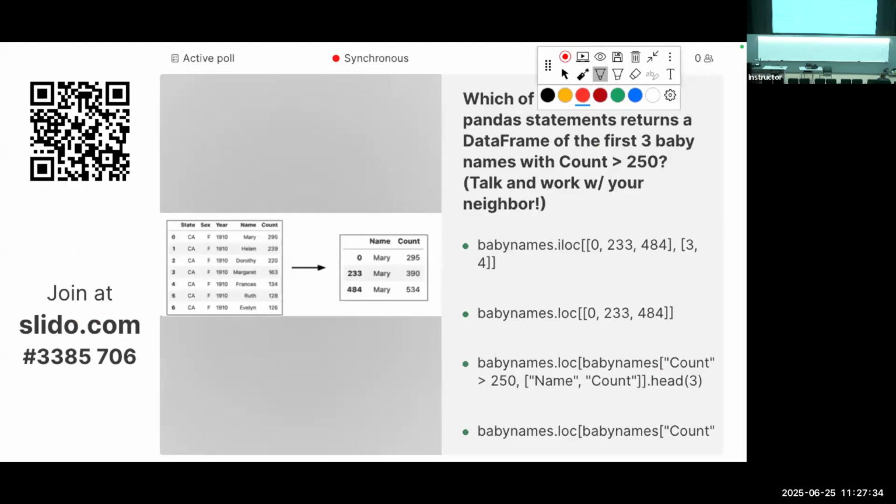All right, we have our first Slido today. Let's try this out. So I'm going to hide that little thing at the top so you can see. But why don't you give this a go? And feel free to talk with your neighbor on these Slidos. Pull up the demo. All of the Slidos are implemented in the demo, so you can start playing around with the code. It's good to think about these first before just running the code and getting the answer. Remember, the point of Slidos is not just to get them correct. These aren't graded on correctness, but it's to actually understand what's going on under the hood. So give this a go. And I can also come around with questions.